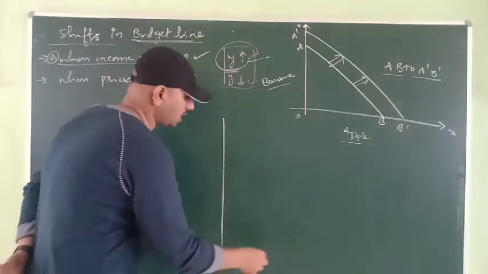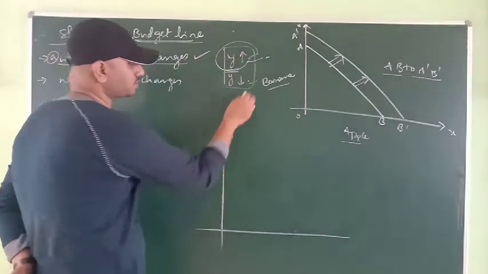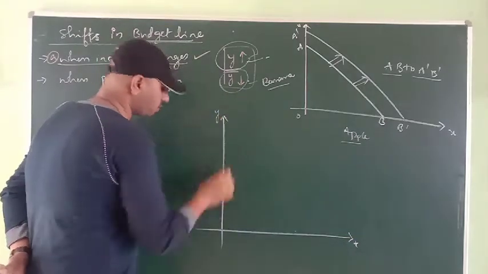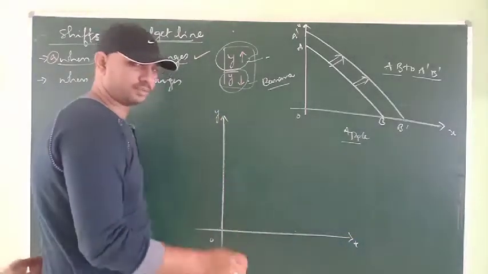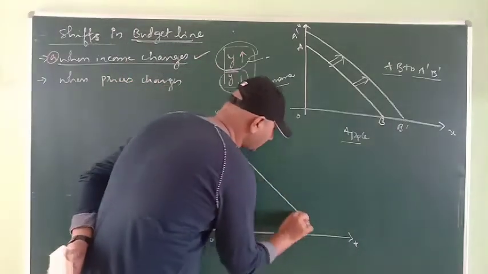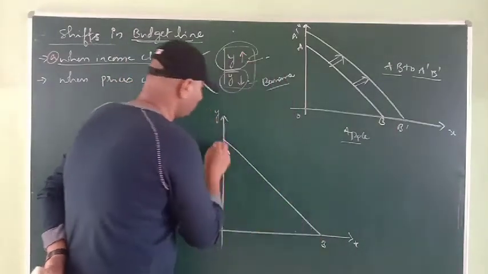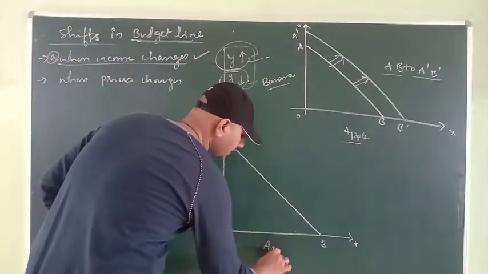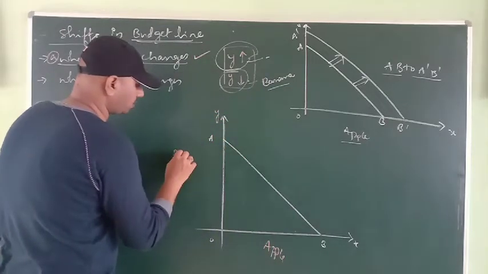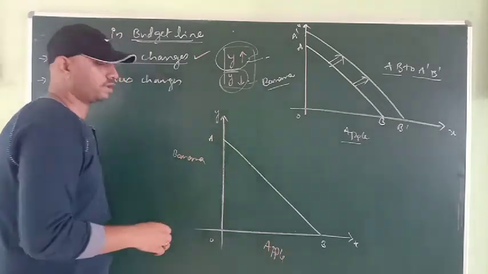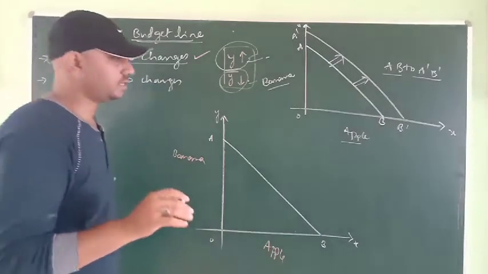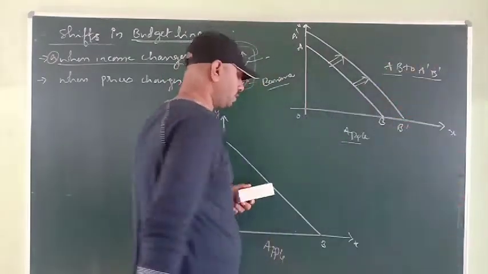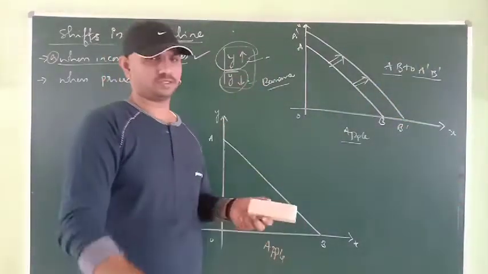What if the income of a consumer decreases? In this pandemic, everyone's income is going down, for the majority. So assume this is an old budget line, and we have plotted apple on the x-axis and banana on the y-axis. If the income of a consumer has increased from 200 to 500, then he may prefer more of both goods. What if the income of a consumer decreases?